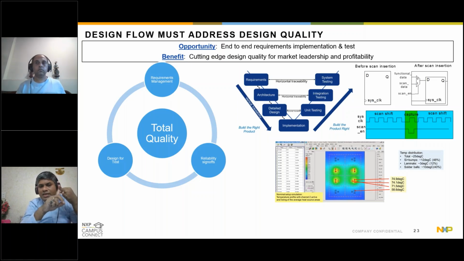DFT, design for test, and also analog reliability. The reliability across, is your device aging? Is there an aging factor which is happening in a device? Does it last through the lifetime of the devices? All these aspects are design influences to cater to, right, in the associated design. So this is an excellent opportunity for all of you to add value as engineers.